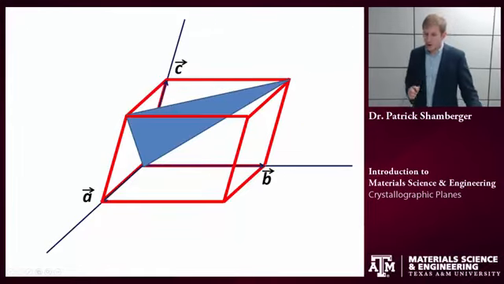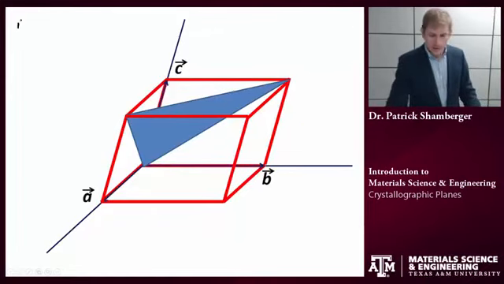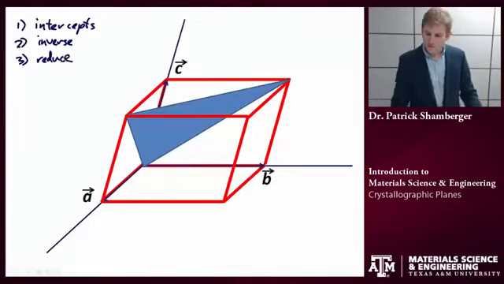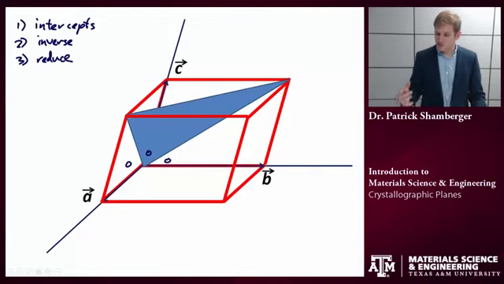Let's try another tricky one. Again, I'm always going to do these 3 same steps. I look for the intercepts, I take the inverse, and then I reduce my fractions. So where are the intercepts in this case? Well, to me, it looks like it intercepts A at 0, it intercepts B at 0, and it intercepts C at 0. So if I were to take the inverse of 0, 0, 0, I'm going to get infinity, infinity,